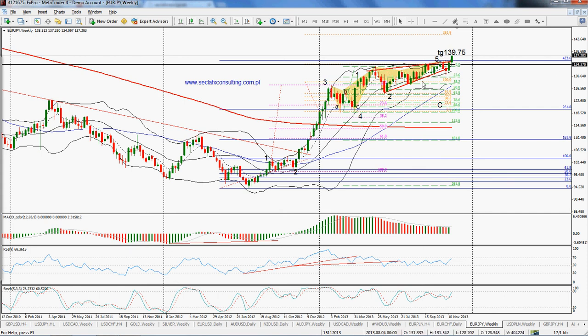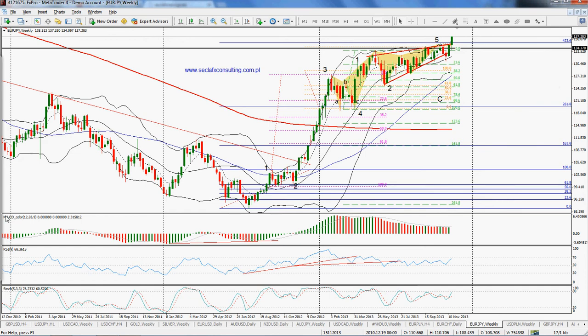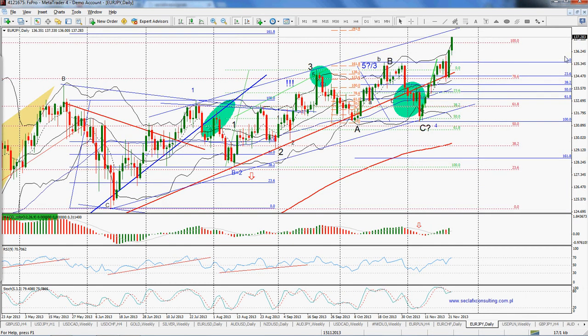And now, if that was a diagonal, typically there is a break above the upper boundary of this diagonal, and then a strong downward move. Okay, so the market made a new high, and the MACD is not making a new high. So MACD will most probably make a lower high, which will give you a divergence. So you've got moving average convergence and divergence. So this will be this divergence, and this will indicate that the market wants to turn, wants to change the trend. Okay. So that is what may come,